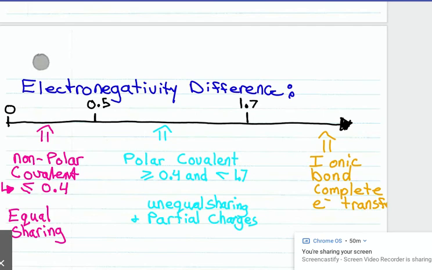If the electronegativity difference is less than or equal to 0.4, you have a nonpolar covalent bond. If the electronegativity difference is greater than 0.4, not greater than or equal, just greater, and less than 1.7, then you have an unequal sharing and partial charges. And if the electronegativity difference is greater than 1.7, that's when we get an ionic bond and a complete transfer